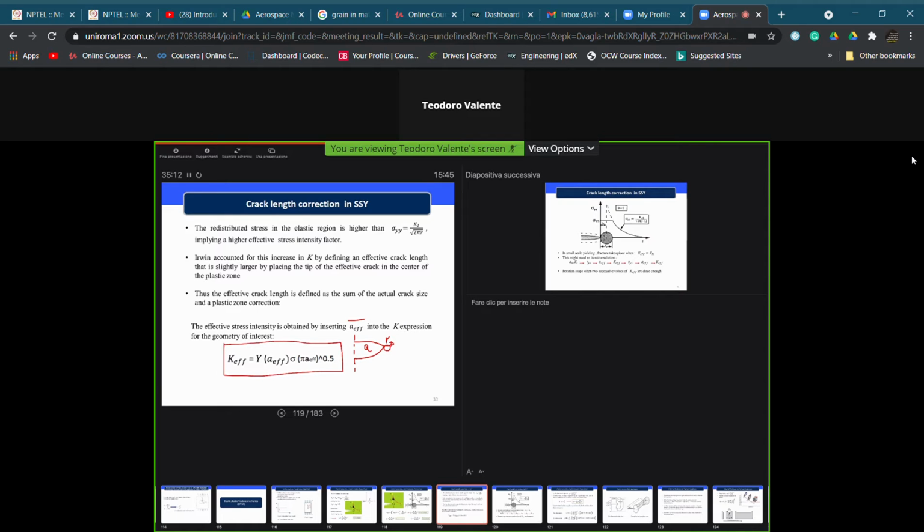You see, we have the geometry factor epsilon, and then we have the stress, which is multiplied by the square root of pi multiplied by the crack length, with the only modification that the geometry factor must be calculated, when we are not allowed to make the hypothesis of infinite plate, for the effective value of the crack length, that is A0 or A at the starting point, to which we have to sum